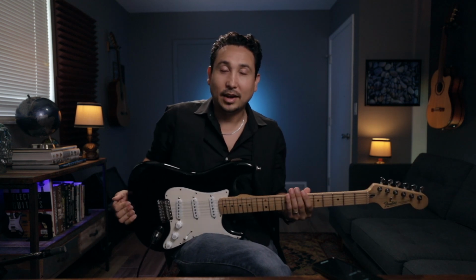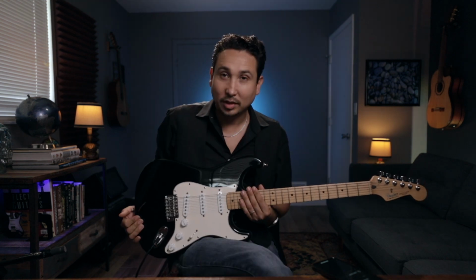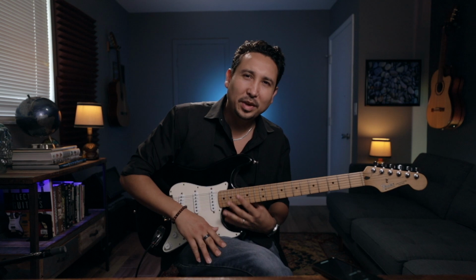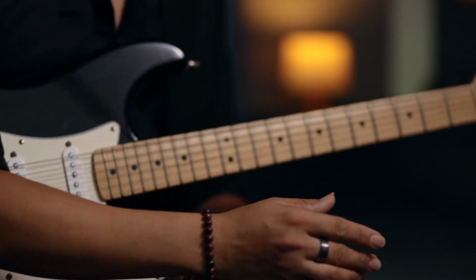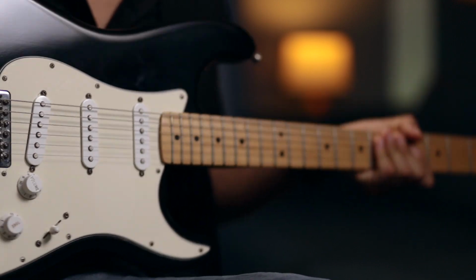Many years later, I wanted another electric guitar. I bought a DVD called Where the Light Is, which was a concert that John Mayer did in LA. It's one of my favorite concerts. I went to the store and I asked the guy, hey, what guitar would be similar to what John Mayer has? So they showed me a model that John Mayer released, but it was too expensive. So I ended up getting this one. I paid like $400, something like that. It's a